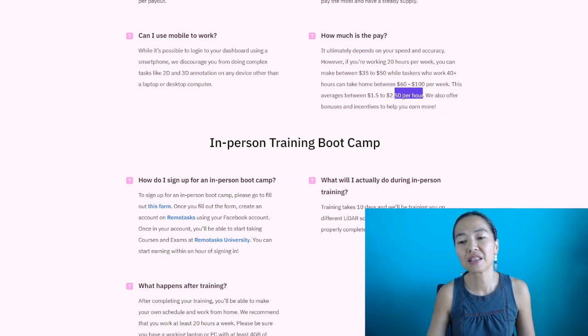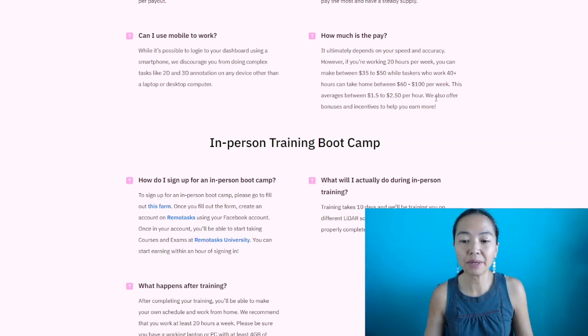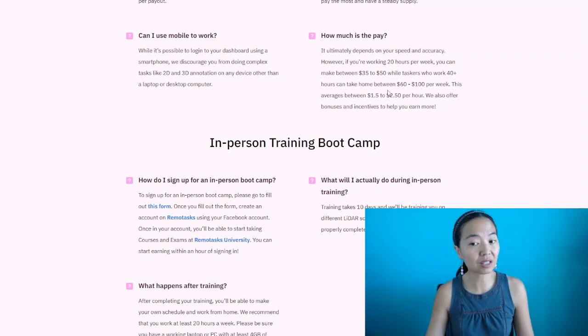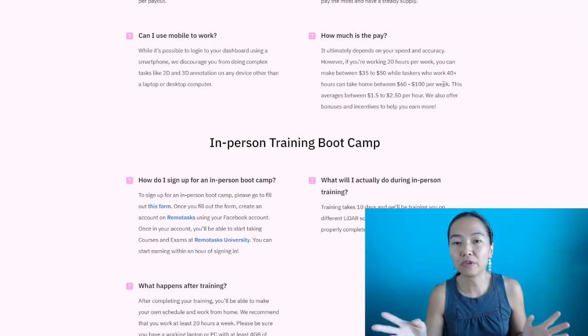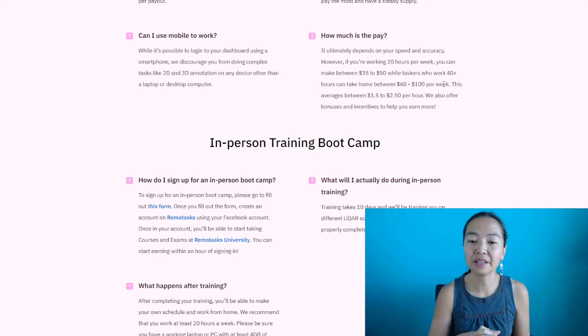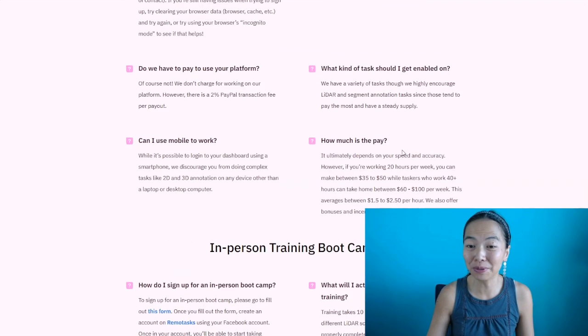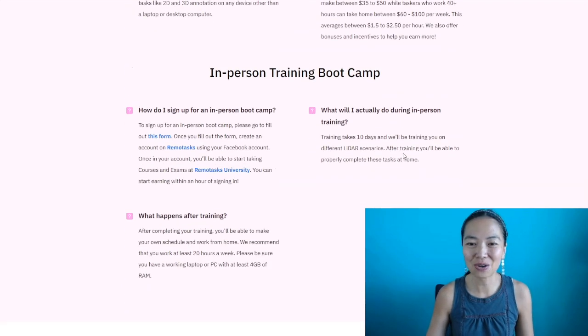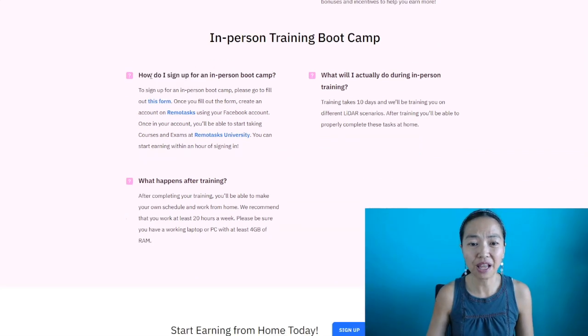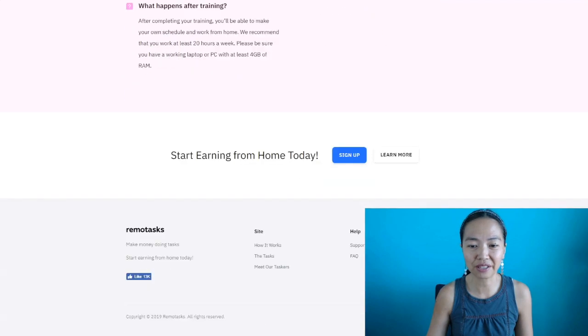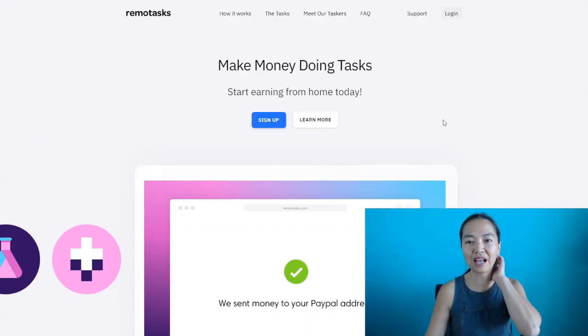So you can see this is not like a huge amount of money you are making, unfortunately, but it's definitely a way to make you some side money. So you're going to earn around $250 to about $400 per month from the site. But this one is a popular one, and they do pay. So if you want to do this for just some extra money, then it'll be great. And they even have training for you guys here, okay? So that is how